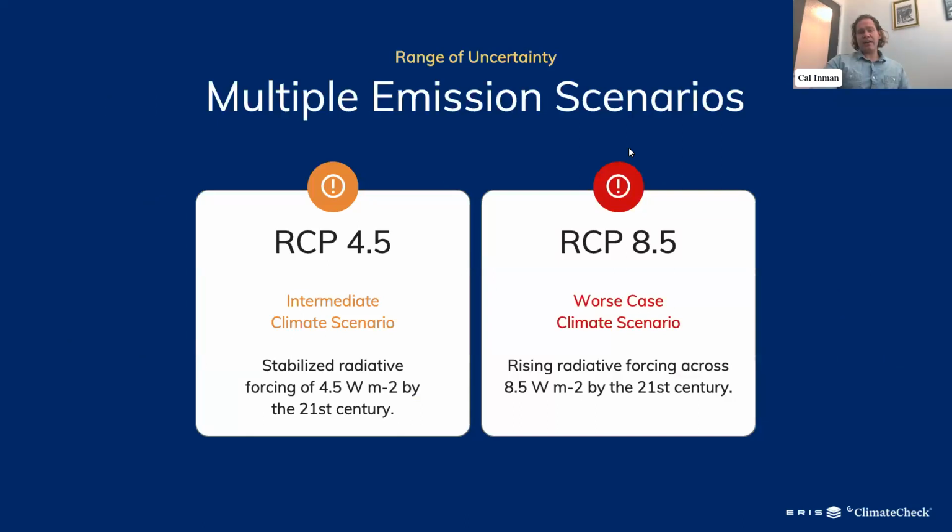So we have all this data, and we present it in 2 different emission scenarios. And this is important for reporting, but also to give a range of uncertainty. And when we say emission scenarios, we're looking at what are the global emissions that we're going to have moving into the future. RCP 4.5, the better case scenario, represents a reduction in emissions, and RCP 8.5 assumes we're on the similar trajectory that we're on right now. And again, this gives us a range of uncertainty of the data, and it's important for reporting purposes.